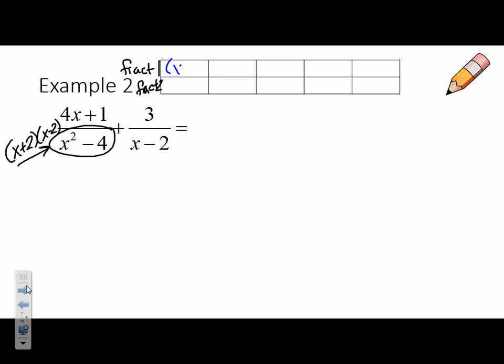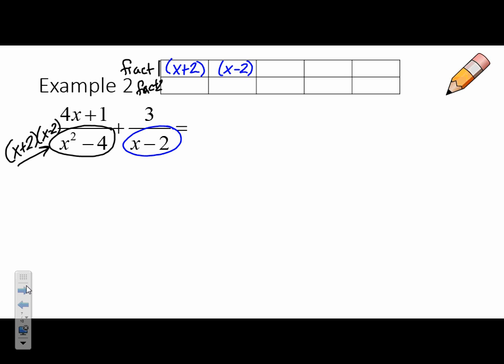One of them is an x plus 2, and the other one is an x minus 2. Okay, I cannot separate those. Those are inside those parentheses, guys. Those are two terms making one factor. So I need to keep them separate. They're two separate things. Now what's going on in the denominator of the second fraction here is we have an